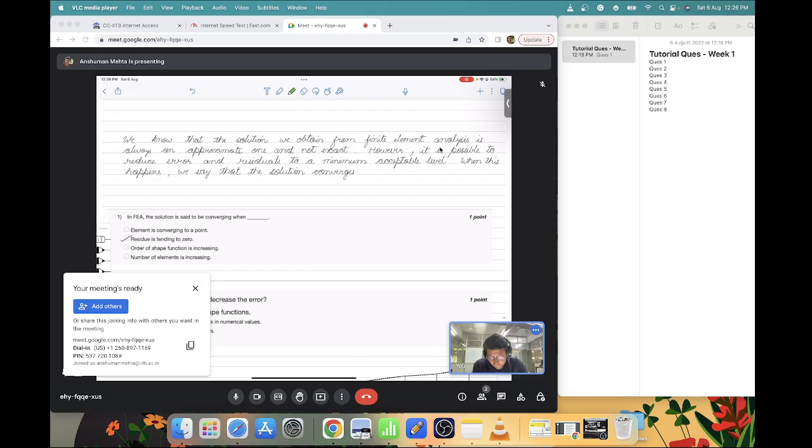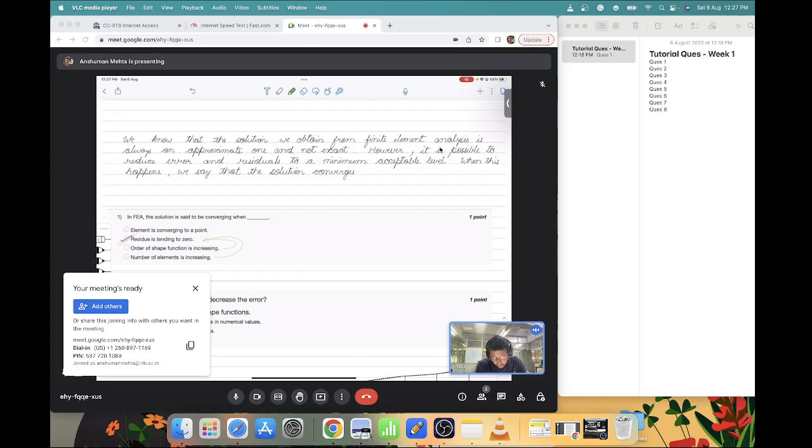Now second is order of shape function is increasing. Then also yes, so this can be our answer, that order of the shape function is increasing and number of elements is also increasing. But what these two do is it gives our residue tending to zero. So our main answer should be that the residue is tending to zero, but the sub answers can be order of the shape function increasing. Then also sometimes the convergence can be achieved, and also if the number of elements is increasing, then also convergence is